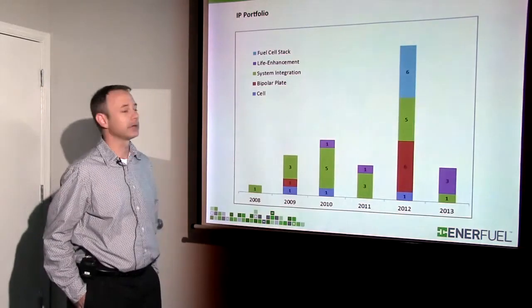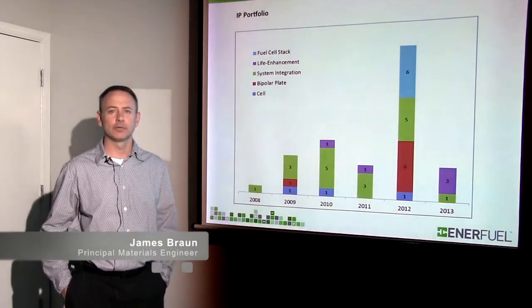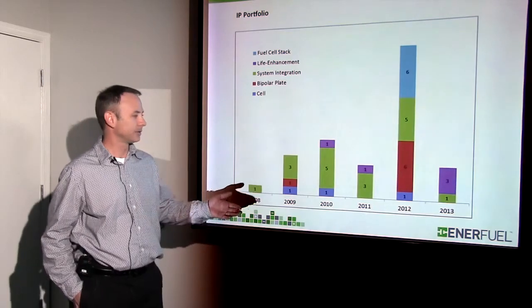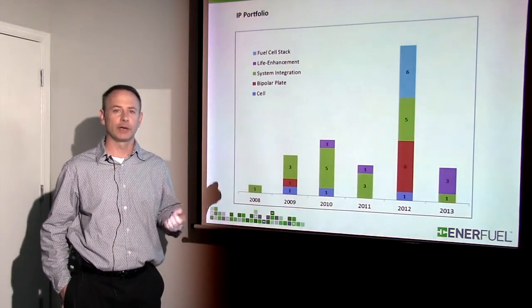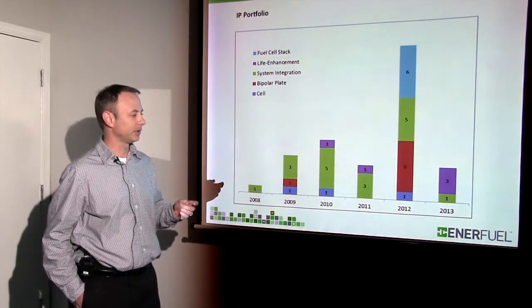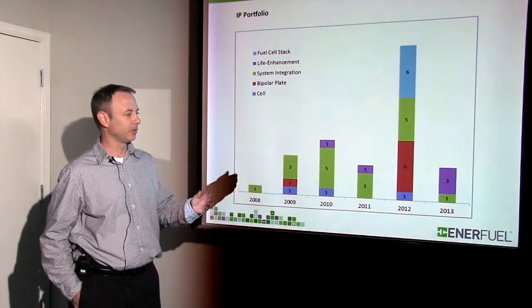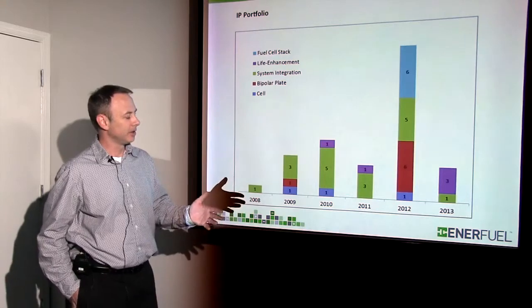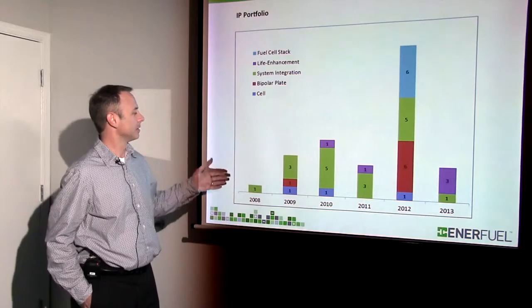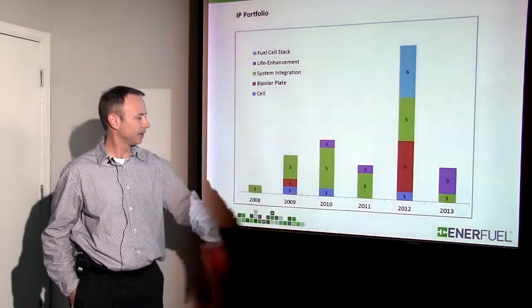EnerFuel has a pretty diverse IP portfolio. We have 47 patents pending and 4 issued. We have undertaken over the years various projects anywhere from remote camera systems, vehicle APUs, stationary power systems, truck APUs, hybrid systems, focusing on hydrogen, propane, natural gas, ethanol. So we have a pretty diverse group of patent applications, and from the earlier filings in '08, '09, we have